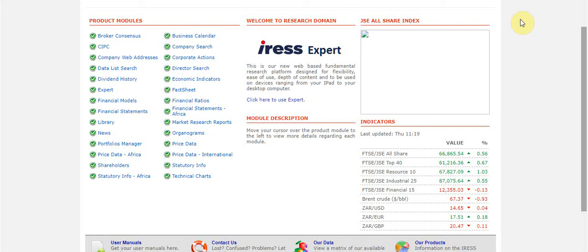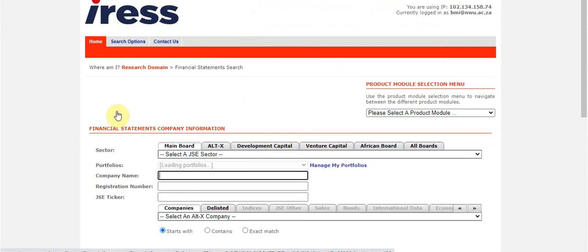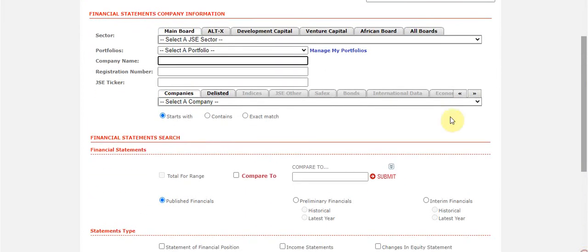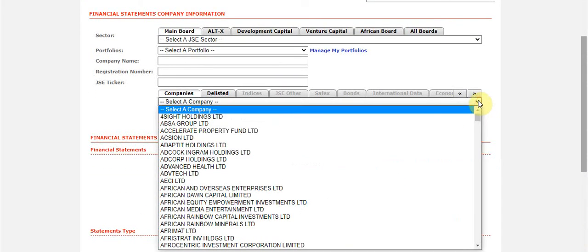As this video may be posted to a public domain like YouTube, I can't necessarily state the password, but if you are interested, I can provide you with the password and you can play around on this database, and it's very nice. So here you can go and look at the performance of certain public companies if you, for example, are interested to invest. So you can click on financial statements and then you can go and actually draw a history of information for a specific company.